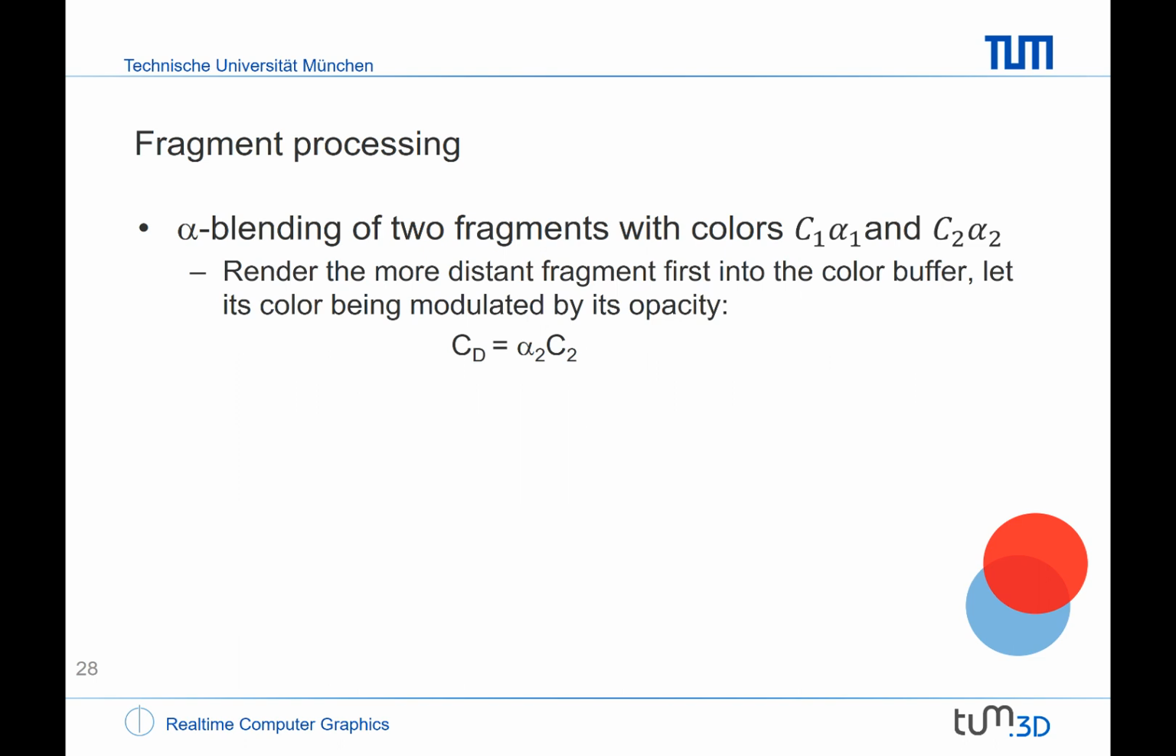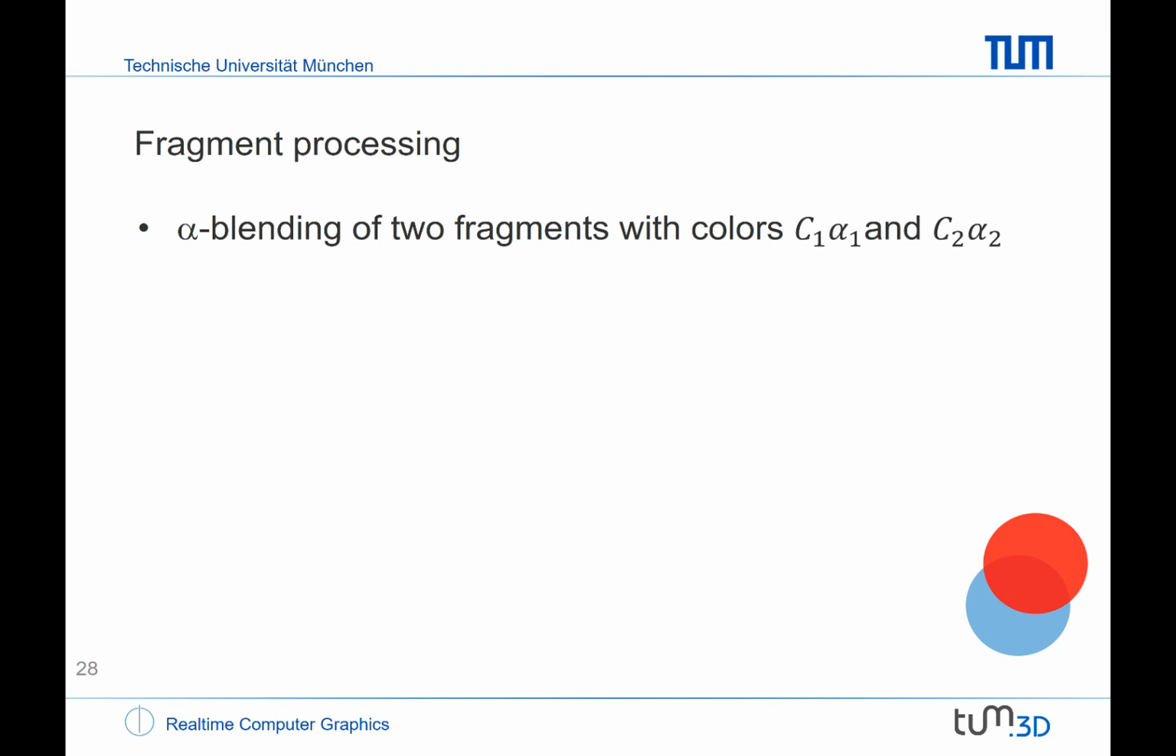So how is it now realized, that blending, in the fragment processing stage? So how can we do that? Let us assume that you have stored in your triangle buffer two objects, in the order, first the object 1 with its color and opacity, and then the second object 2 with its color and opacity. And now you push that buffer into the rendering pipeline,